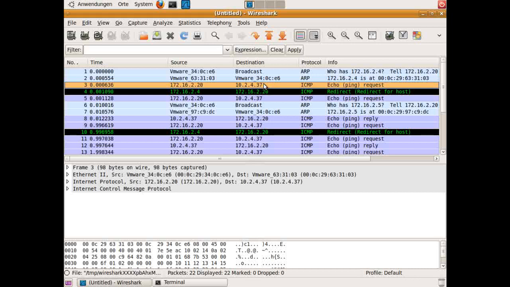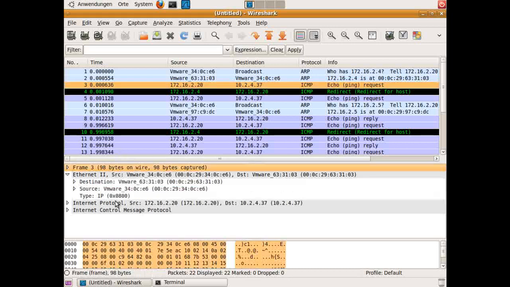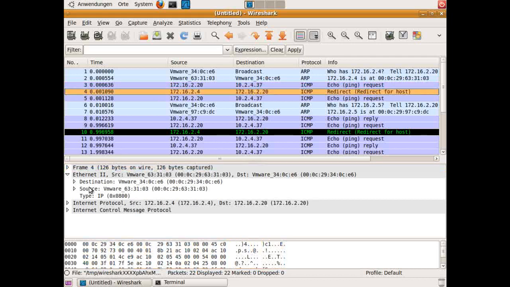Let's just briefly check that it's being sent to the default gateway by checking the Ethernet addresses. What you see here is that this is destined to VMware 633103, and as you will see here, this is exactly the address of 172.16.2.4. So as we would expect, traffic is being sent there, and we then get the ICMP redirect from here,